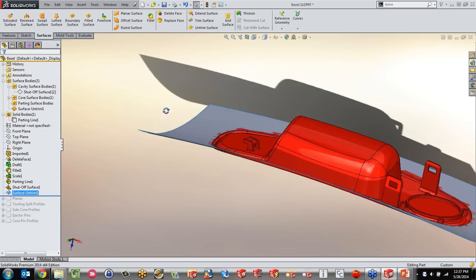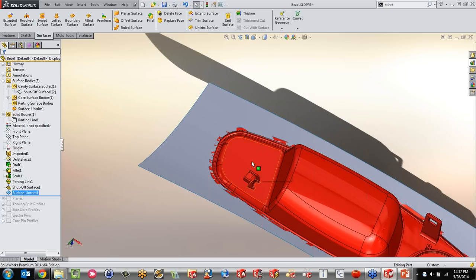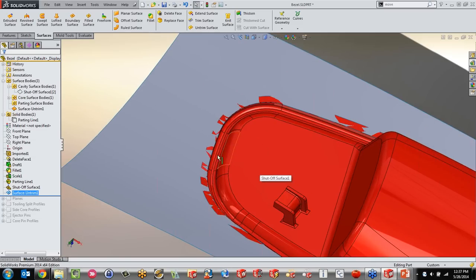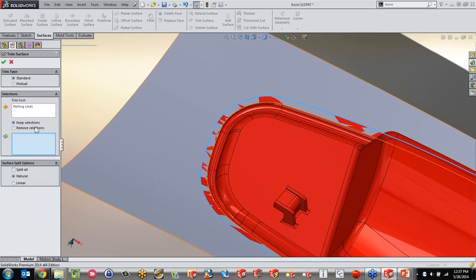Hit the green check mark, and now you will see that when I untrim it, it overlaps. You can see that here. So I might want to use the trim surface tool. Now the trim surface tool is really neat. What I can do is use, well, I have that parting line going around here, and trim surface, see here, keep selection. So I'm just going to select what I want to keep and hit that, select that, and maybe,